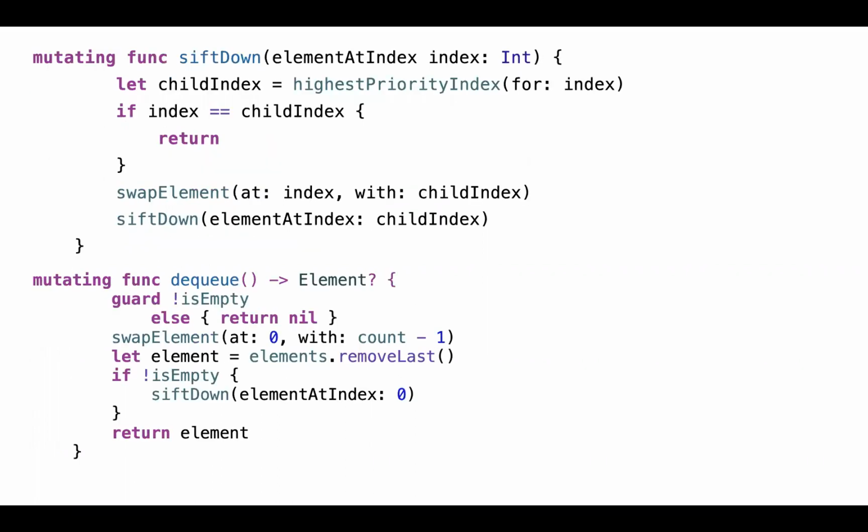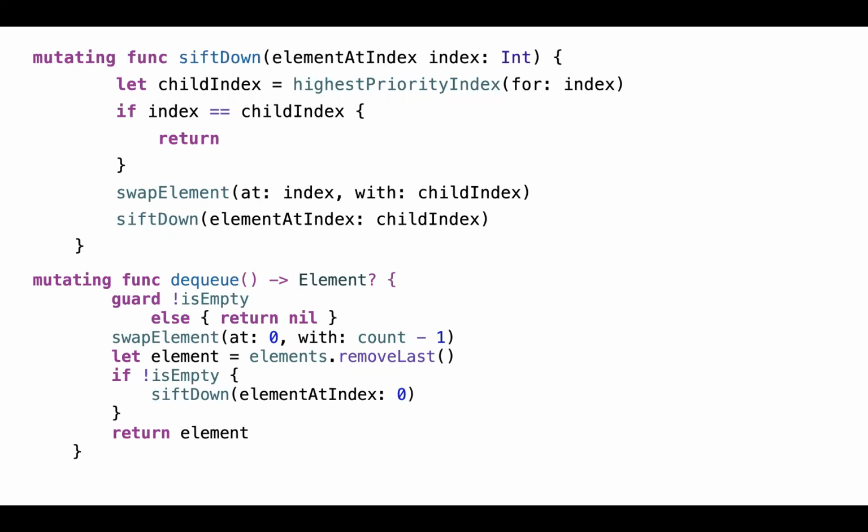Yeah, so DQ is very much similar. We check if there is no element in the array, then there is no point of deleting, and we just return nil in that case. If there are elements, then we swap index 0 with the last element of the array, and then we remove the last element.